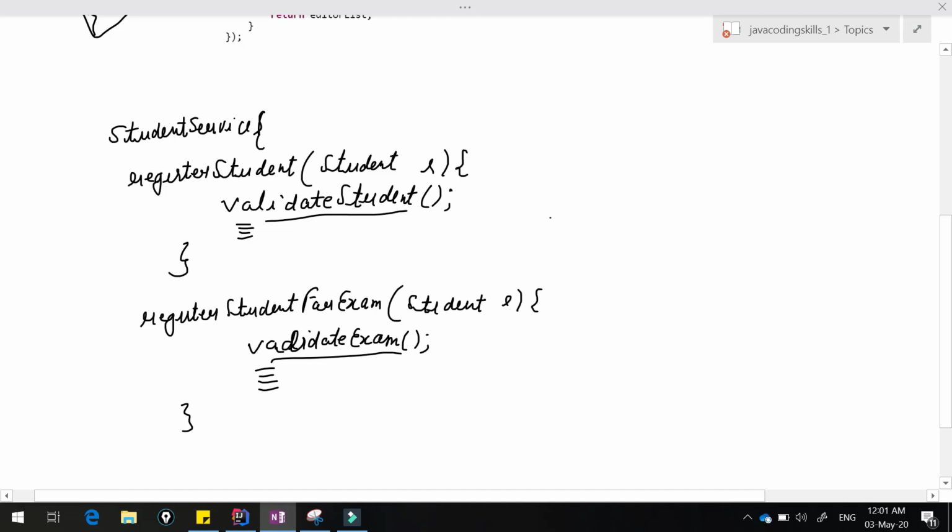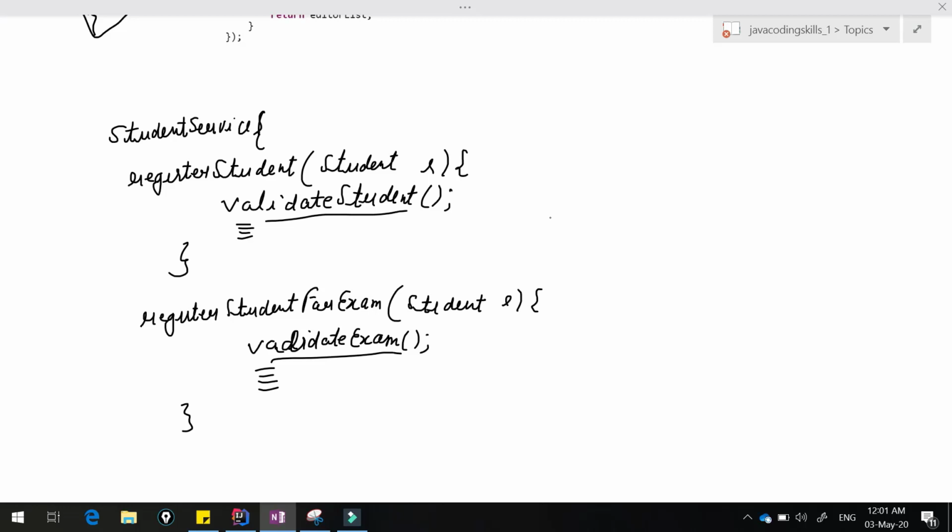That class also keeps growing, and you are causing too much tight coupling here. That is not a good idea. Even that is a kind of structural programming, rather than doing it in an object oriented manner. So how can we overcome this?